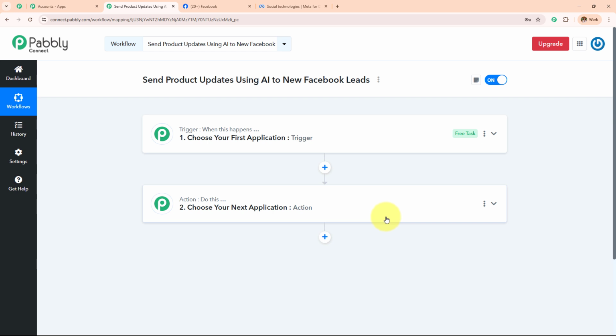Here in this workflow, I want to send product updates using AI to new Facebook leads, which means whenever I'm going to receive a new Facebook lead, I'm going to send the product update which will be generated with the help of AI. I'm going to use my AI agent as OpenAI and then I'm going to send that with the help of Gmail. So here trigger says when this happens, when I'm going to receive a new Facebook lead